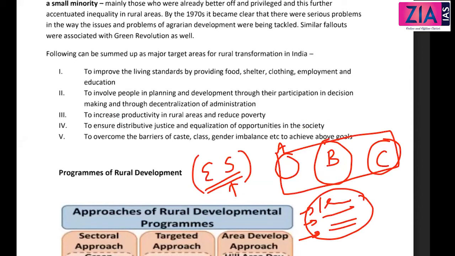For example, if you want to make a pen, how much does it cost? It may cost more than 100 or 200, but if you produce thousands of pens, it will come down to 10 rupees, right? So that is the concept of economies of scale. Now this has nothing to do with social justice, right? This is only to increase productivity.